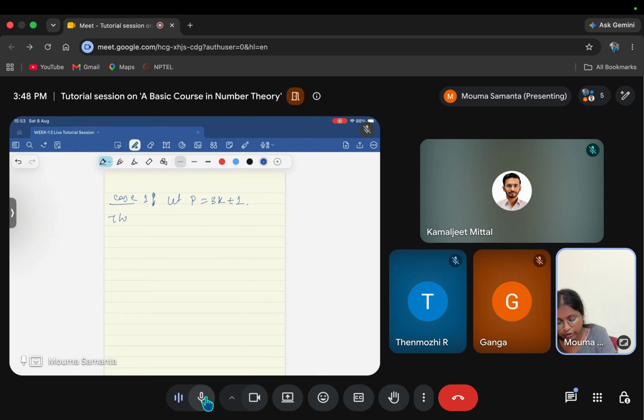So then what will be p square plus 2? P square plus 2 is 3k plus 1 whole square plus 2. That means 9k square plus 6k plus 3. That means 3 times (3k square plus 2k plus 1). So this term is strictly greater than 1, because